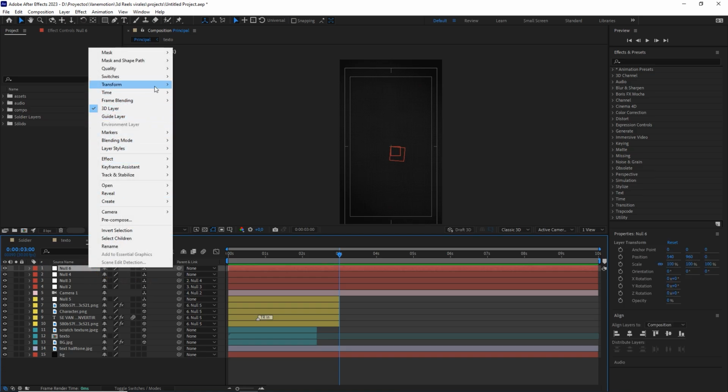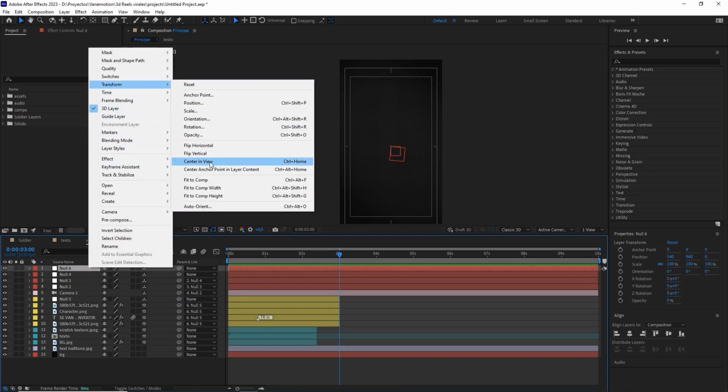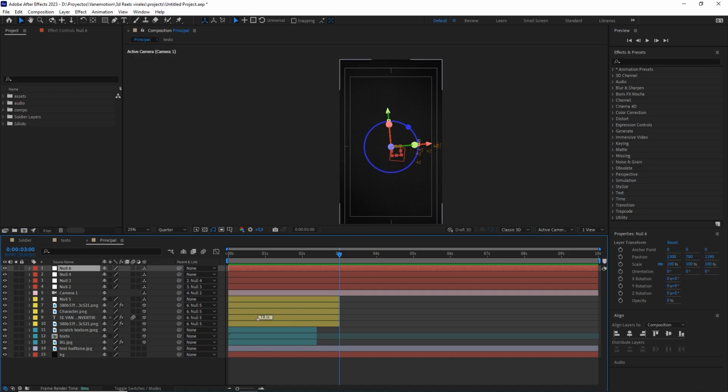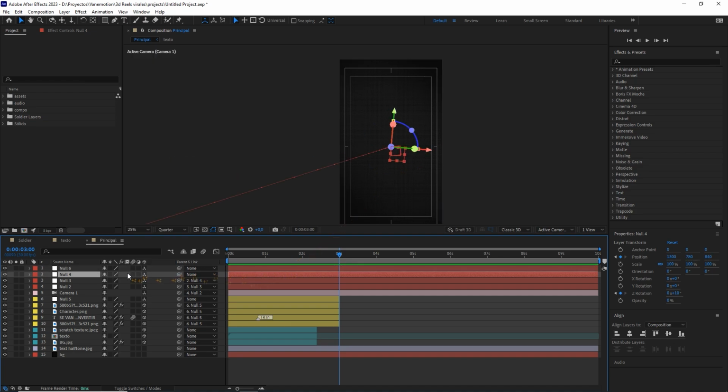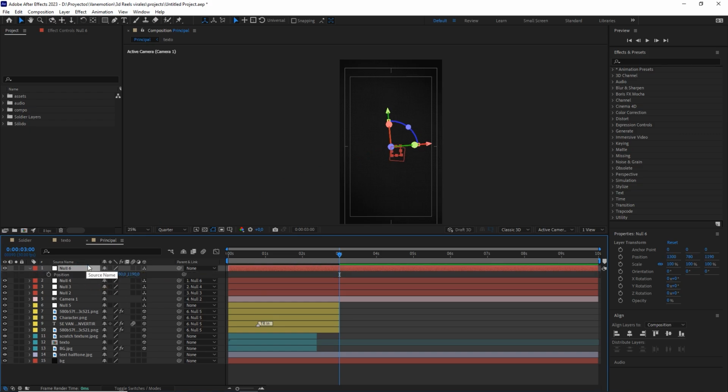With right-click, we're going to transform, and we're going to center it in view. There we have it. Now this one, we link it to the new one. With the P key, we display the position, and we mark a keyframe. And before continuing to animate it, we are going to come here to the Compositions folder, and we are going